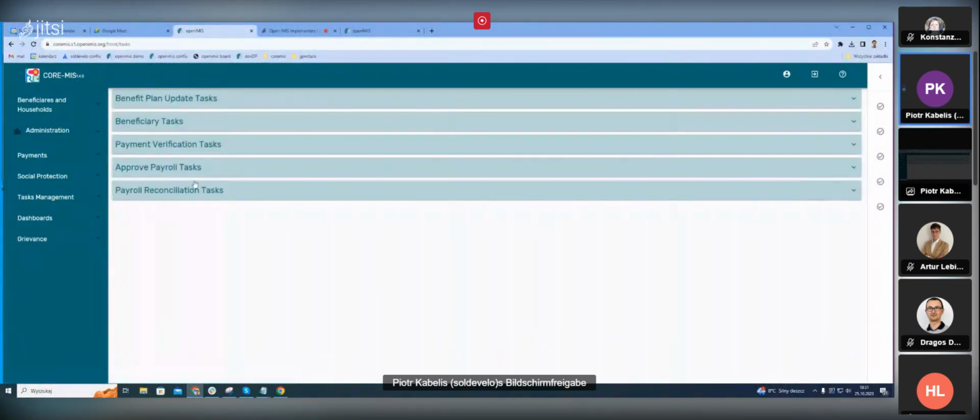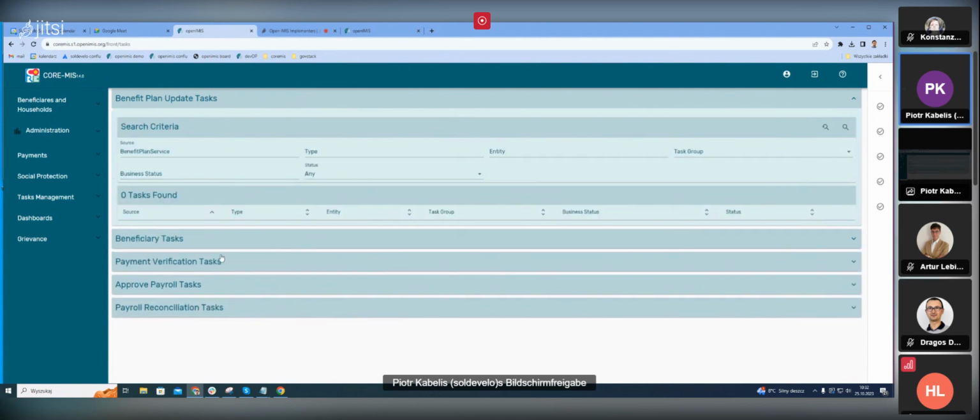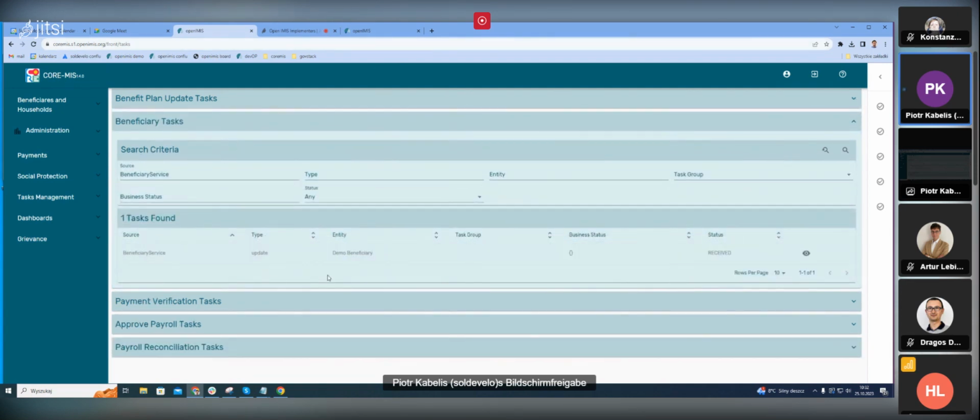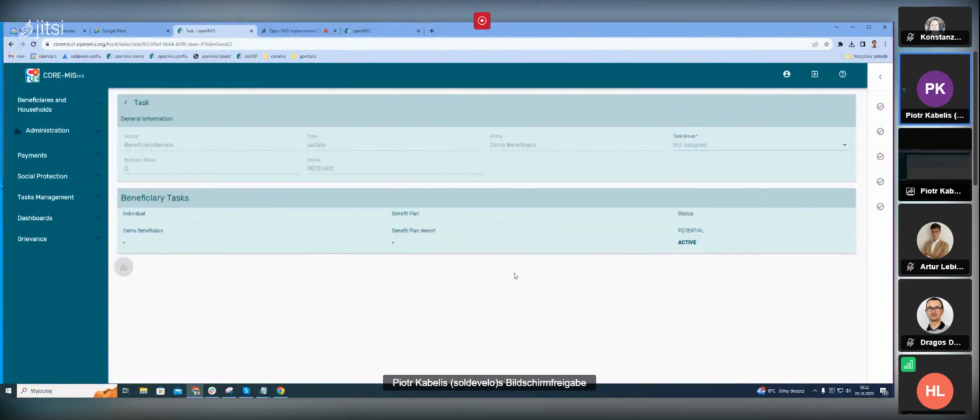So I have to go to the tasks management, and here we have some tasks, let's say, for beneficiary tasks. Yeah. So here I have a task with update beneficiary, and to change the status of the beneficiary, I have to go to this task,